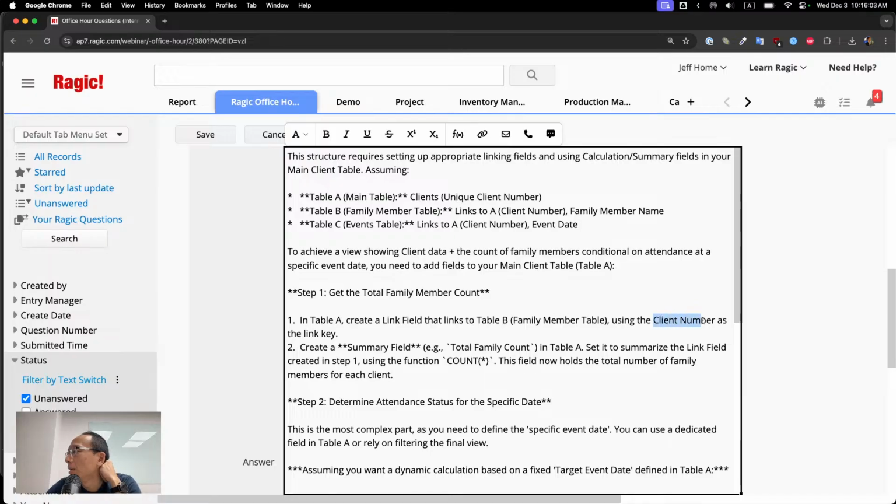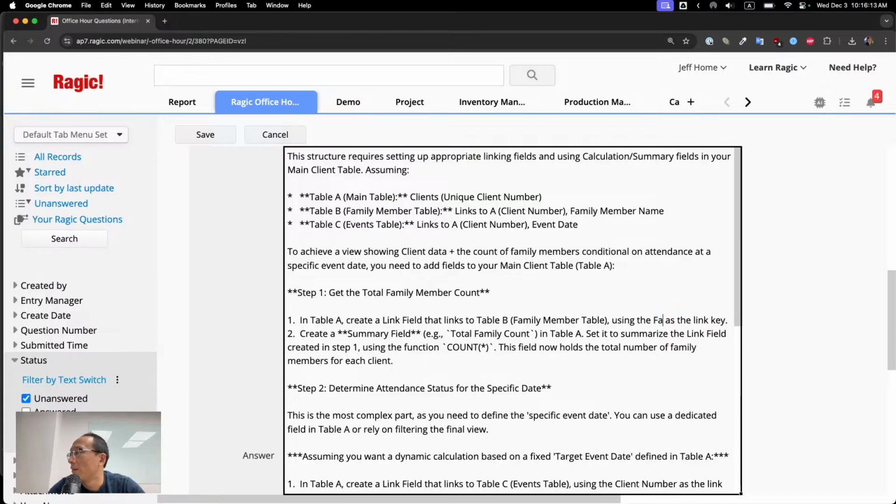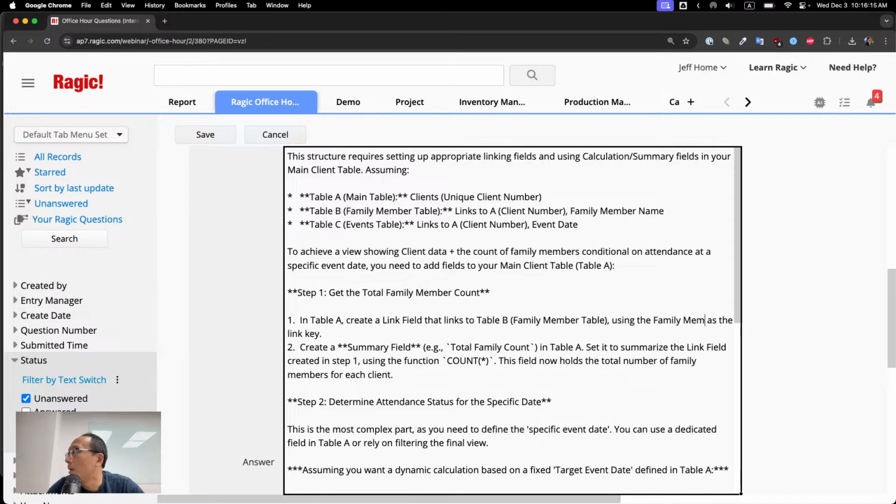So you should be using family member name as if this is the unique key that he's referring to. You should be using the member name as the link key. So create a summary field to summarize the